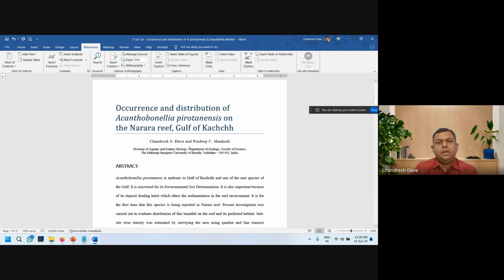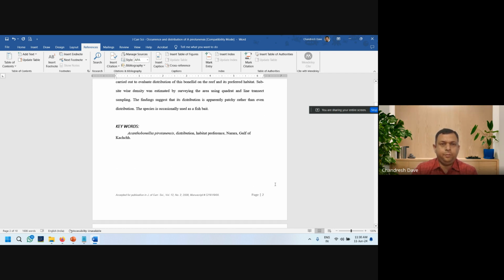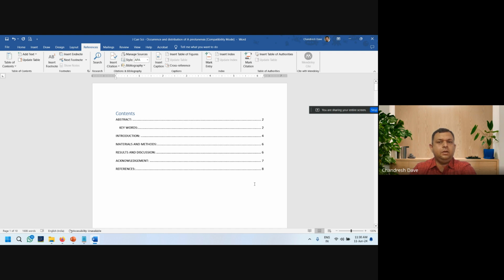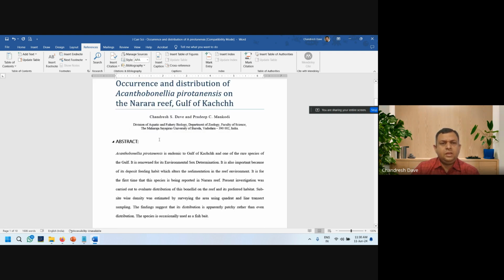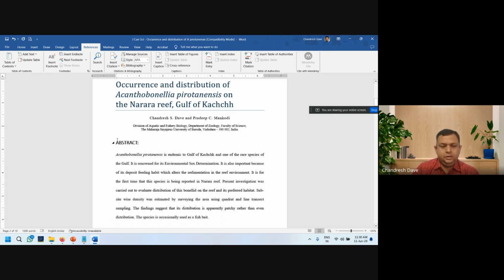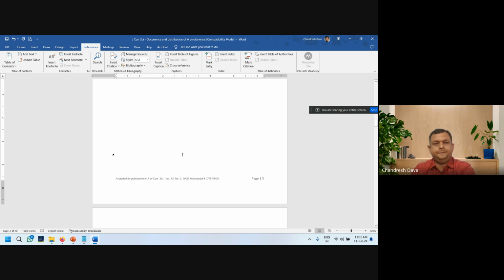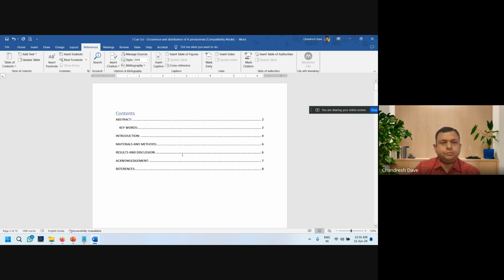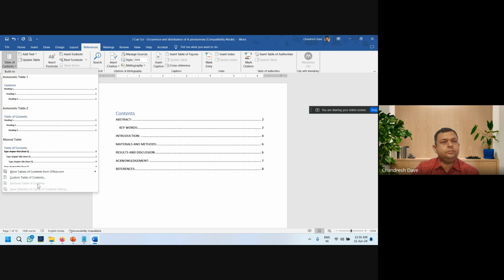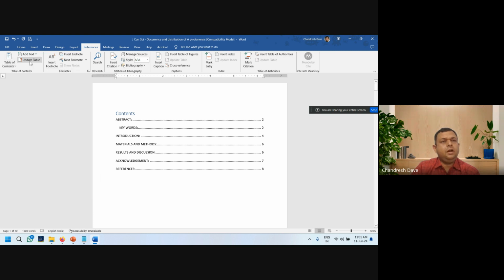For example, right now the abstract is on page number 2. It is reflected as page number 2 here. But now, if I give space and now abstract is on page number 3, what I require, I will go to references, table of content, and update table.